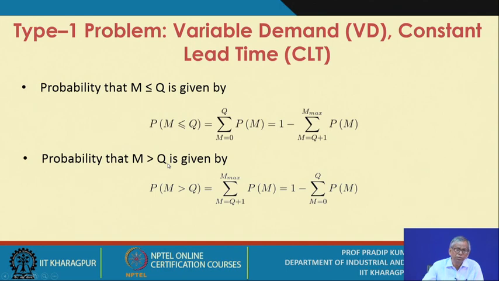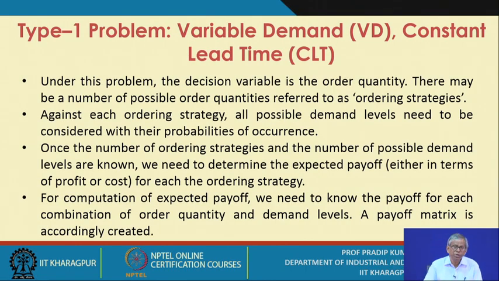The probability that M is greater than Q is given by the sum from M equals Q plus 1 to M max of PM, which equals 1 minus the sum from M equals 0 to Q of PM. This is the standard notation for the probability expressions we will be using later on. Now, when you deal with this particular problem, I will add a few important points. The decision variable is the order quantity,